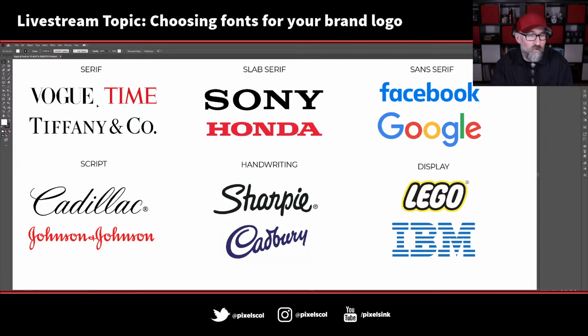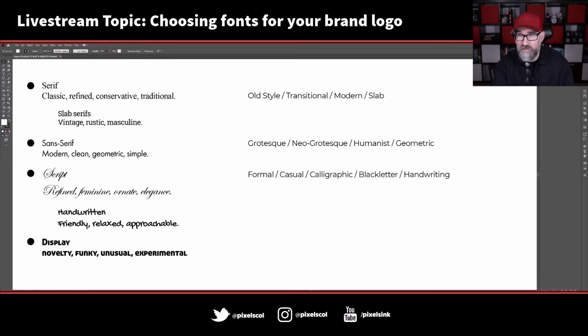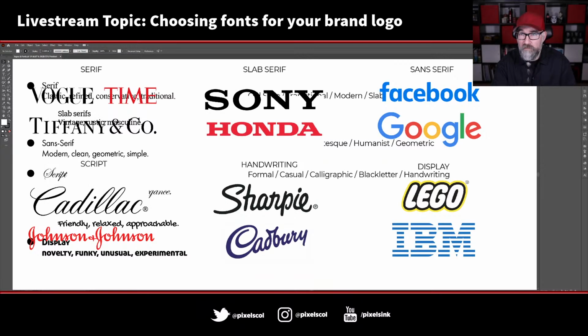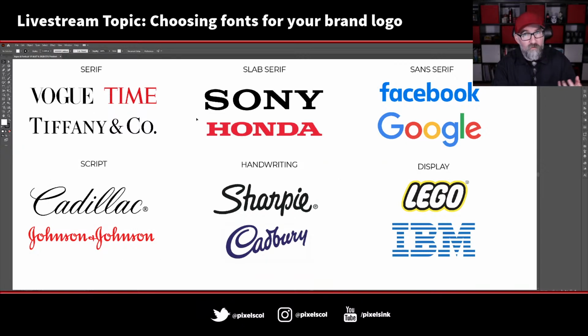So for serif, we've got Vogue, Time, Tiffany. I should have copied them over, but we'll flick back and forth between the categories. So we had classic, refined, conservative, and traditional. And that's what Vogue and Time and Tiffany and co give off.